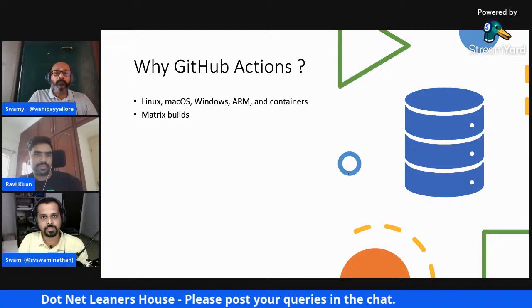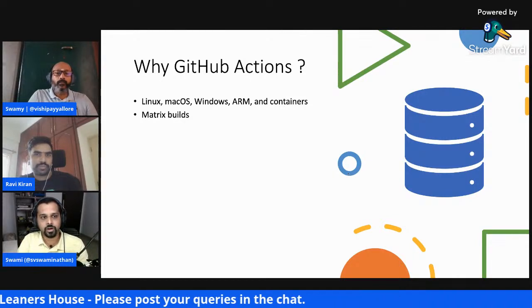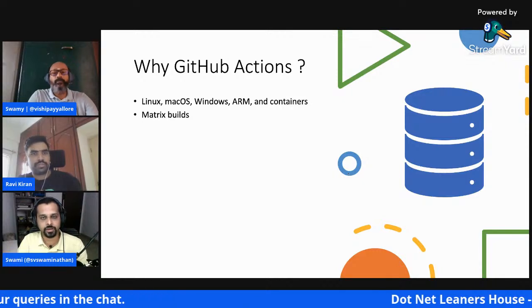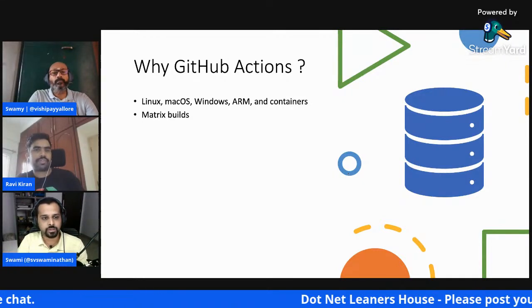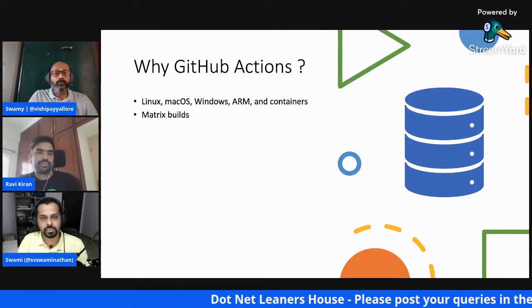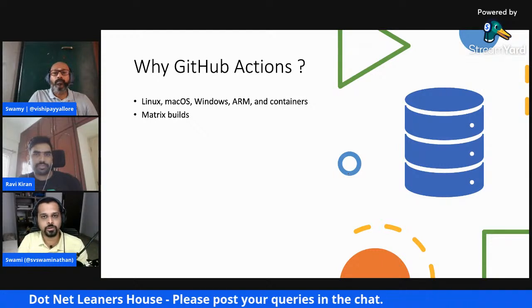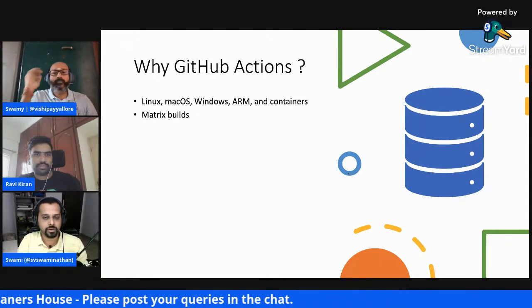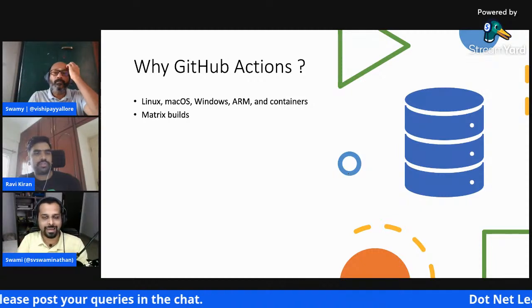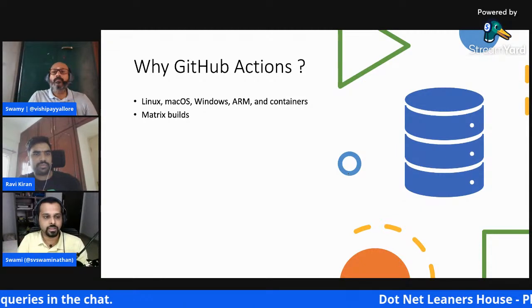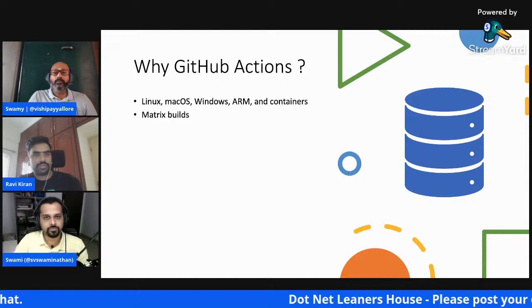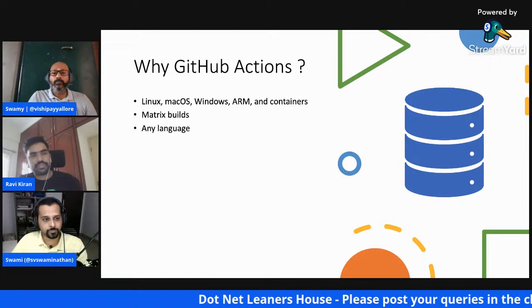So how do we ensure, let's say if you are a library author, that your library is compatible with multiple versions of your runtime? If you're a .NET library author, let's say you're creating a NuGet package and sharing it with others, you can't really build for only one framework version. You would need to address at least a variety of frameworks. So how do you test all of them in parallel? As a library author, that's where you would use something like matrix builds. We'll also see this in the demo.